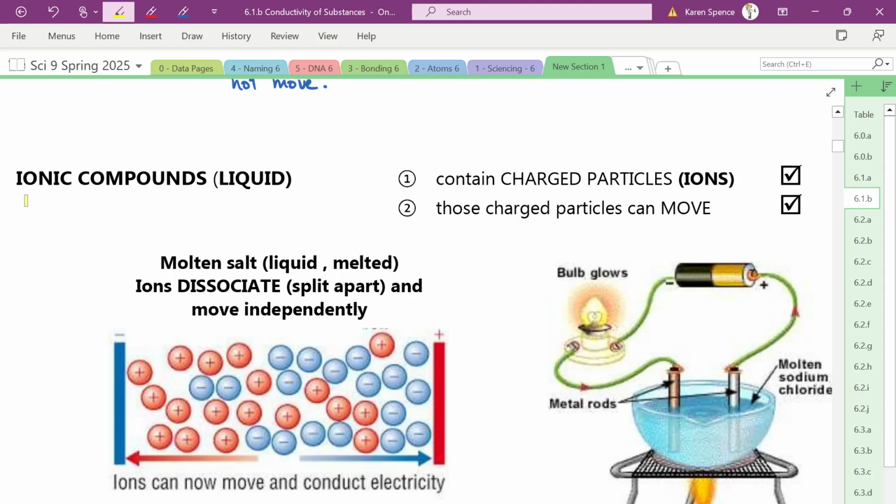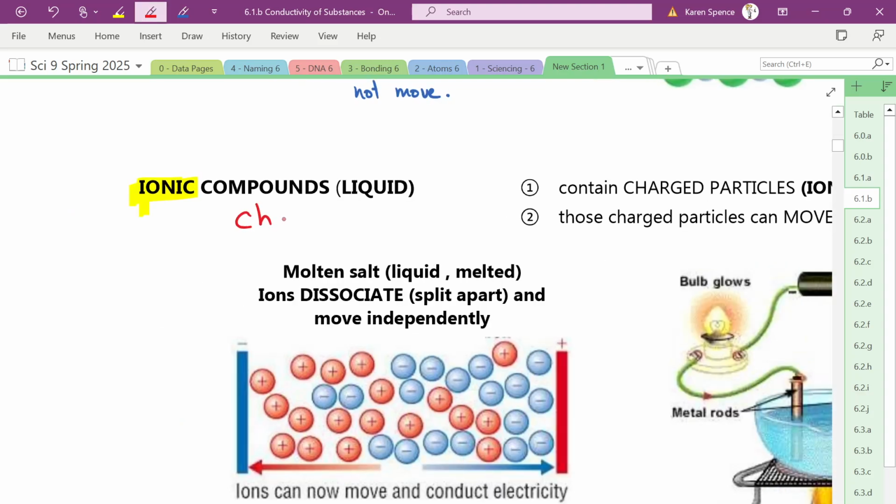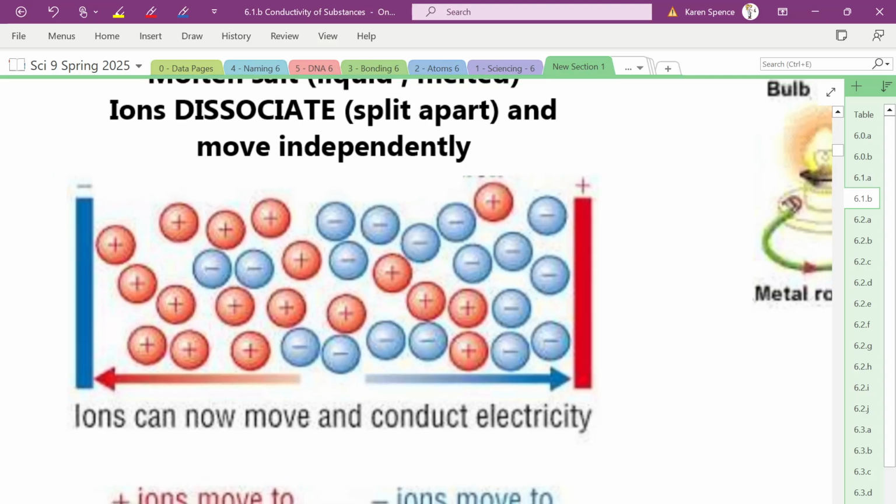So now we have an ionic compound. Does it contain charged particles? And the answer is yes, because we already knew that. Can they move? And the answer is yes, because now they are melted. Okay? And if you had a positive metal plate, which is positive,